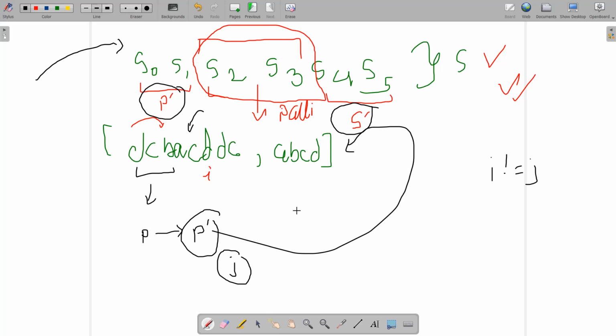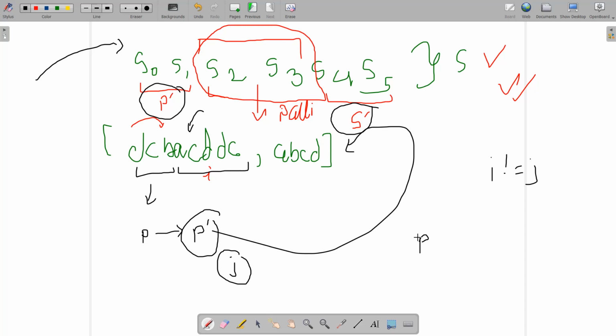It exists, but you also need to check that whatever suffix is after this prefix must be a palindrome. And how is this going to help us build a palindrome string? Suppose we have some prefix P. On reversing this prefix P, we have P dash as the reversed form of the prefix.